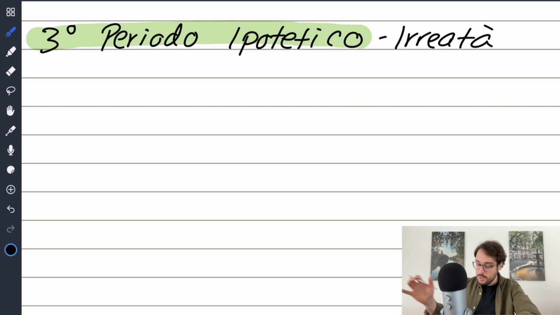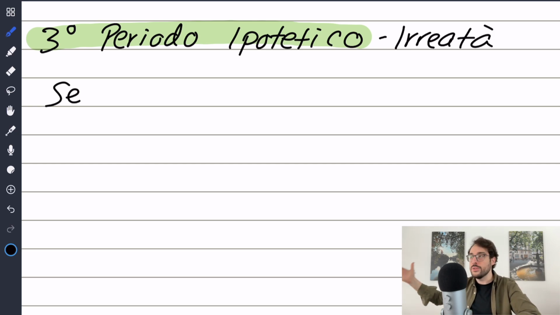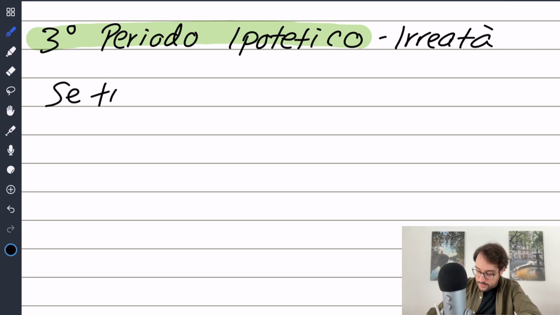We're going to have 2 main clauses in the sentence here. We could say, for example, se. So what do we want to say in English? So if you had done something, then it would have been something else. Those are kind of the things that I want to talk about. What would be a nice example? So let's talk about studying for the exam. Let's do that. Se tu avessi